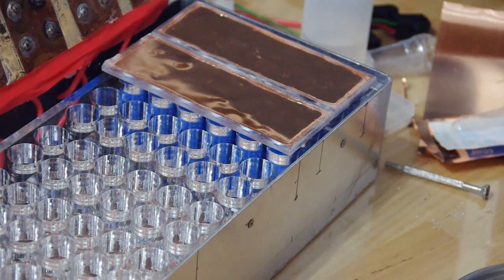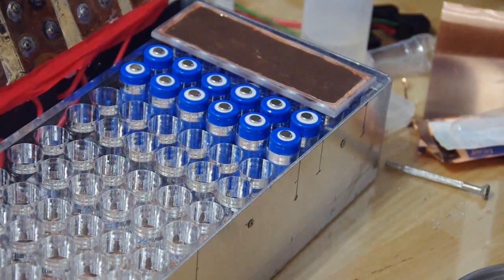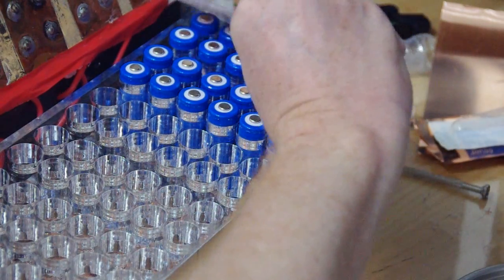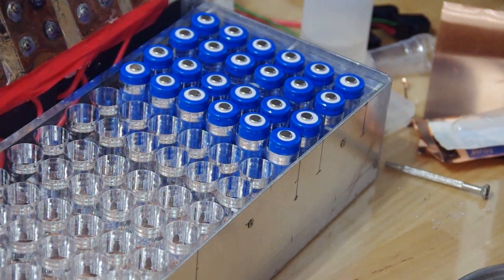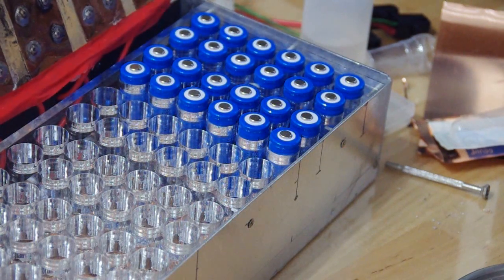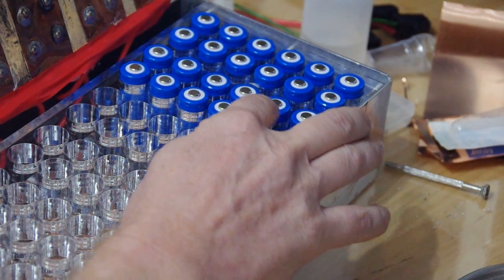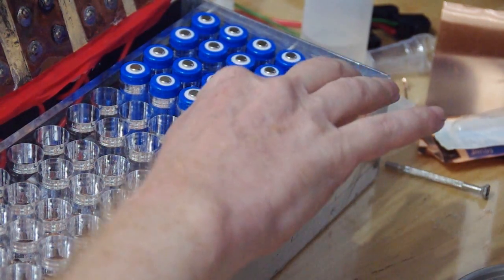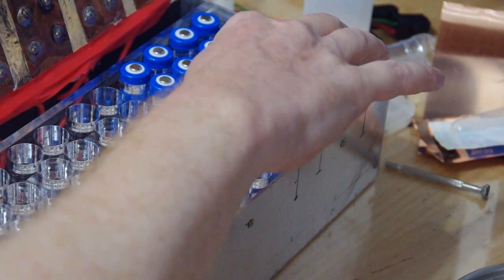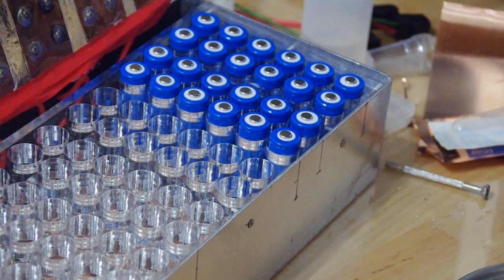So what you see here is I loaded a few batteries inside, and the idea was that this would fall on top of the batteries and the nipples would push down on the batteries themselves. But since I left a little clay in here, my concern is that maybe one nipple will push on the side and somehow either damage the battery or not make a proper connection. And so to ensure that this works out